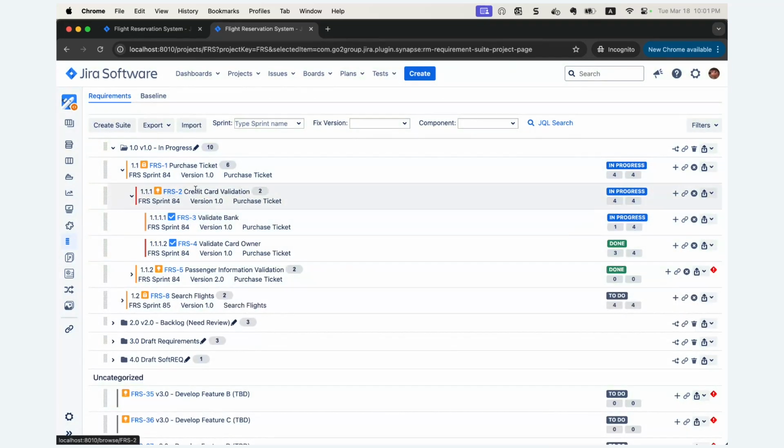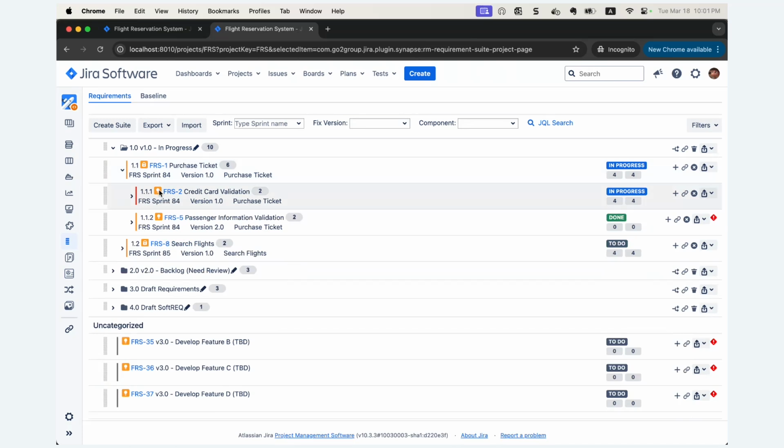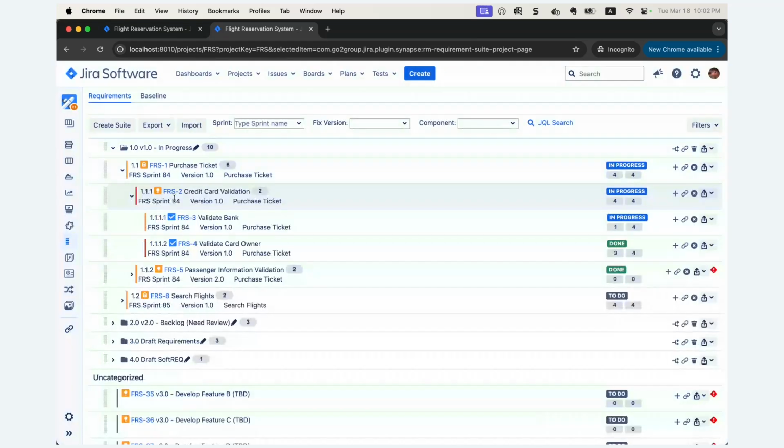For example, in my case, the first level is epic. Then I break my epic into two software stories. And then I keep going to break down my first user story into two tasks. If you want to create one more child requirement, it is quite easy. Just click on this